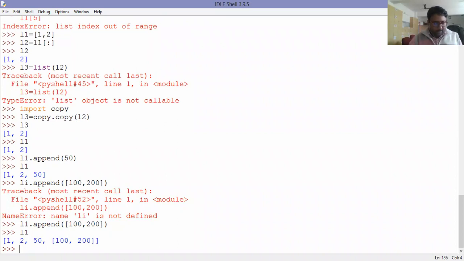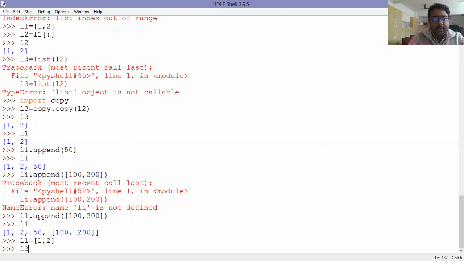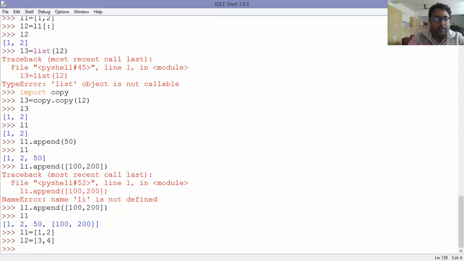The next topic is append, we have completed that. The next topic is extend. The extend method is used to add one list at the end of another list. Let us consider L1 is a list with elements 1, 2 and L2 is a list with elements 3, 4.